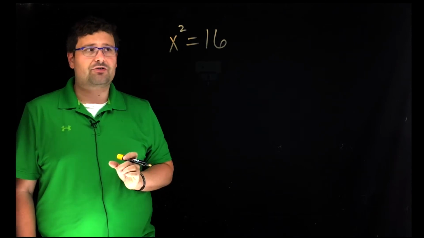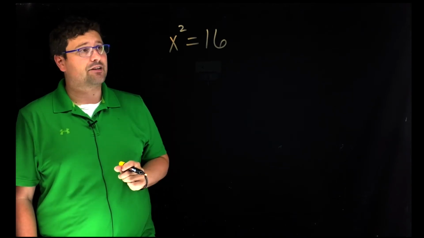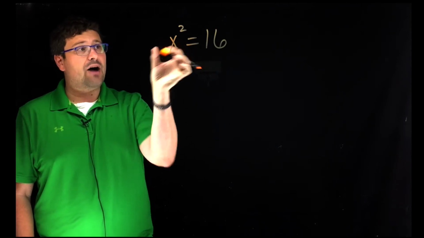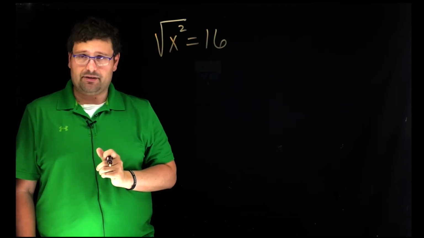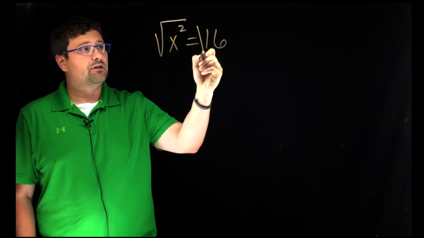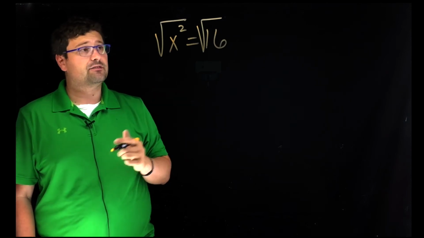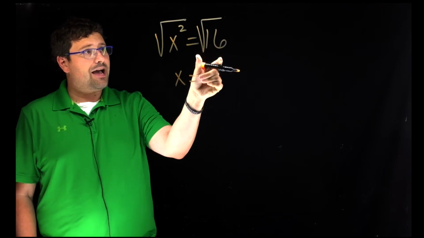When you solve a quadratic equation by square root property, you have to isolate the x squared. So you'll notice the x squared is isolated. And now I have to follow the rule for inverse operations, where the opposite of squaring something is taking the square root. By following the rule of solving equations, I have to do it to both sides. And now I take the square root of x squared, which is x, and the square root of 16.